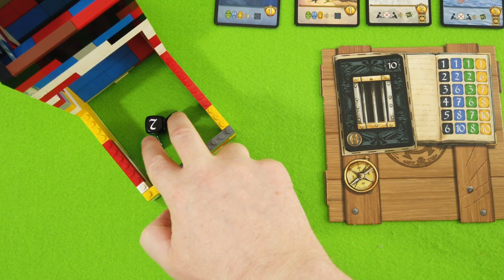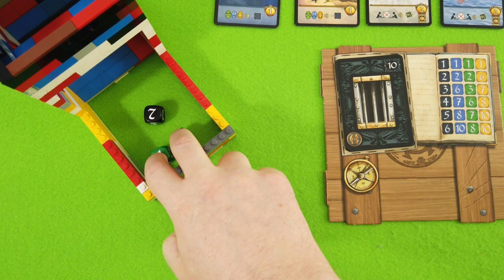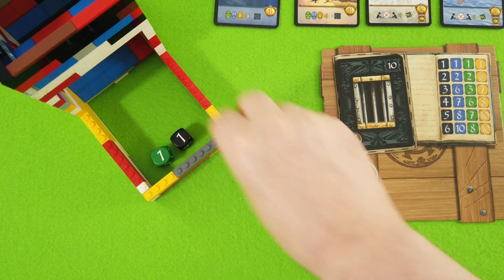So that's pretty much my choice. I can nominate the 1 or the 2. If I nominate the 1, I have to lock all of those dice here, both of those. And then I can re-roll this 2 here. In this case, I guess let's hold on to the 2,